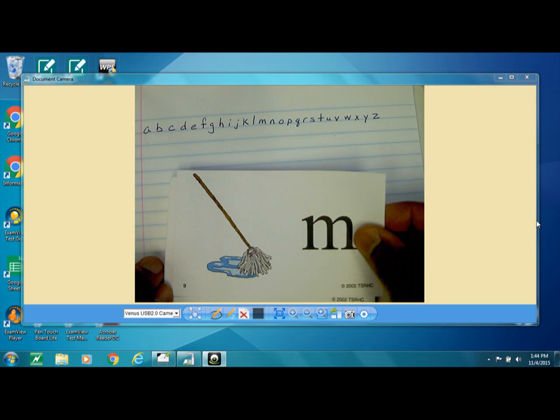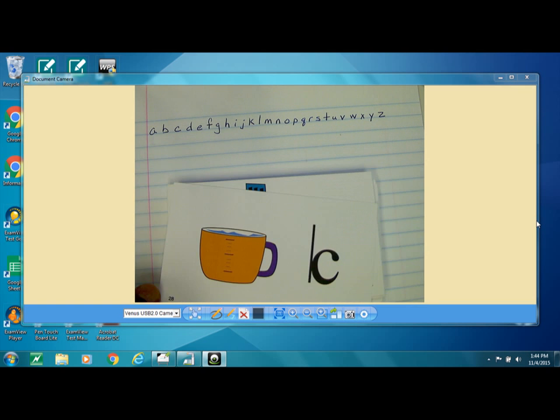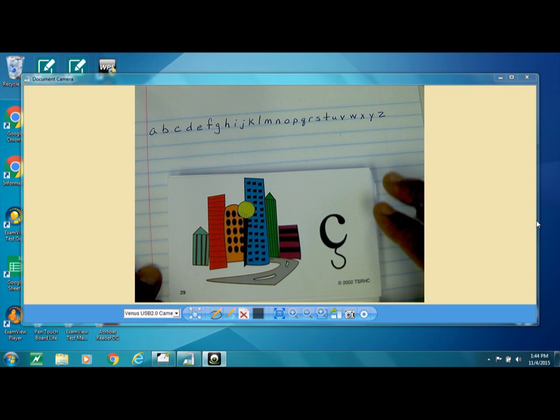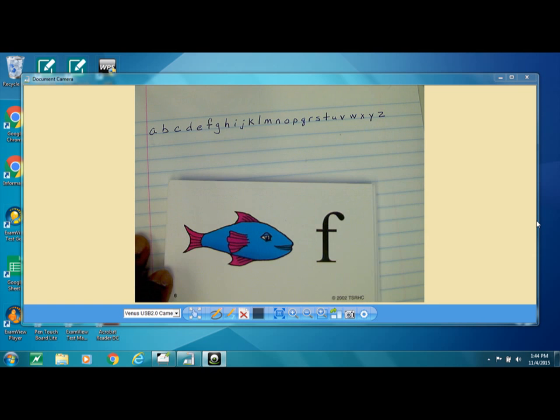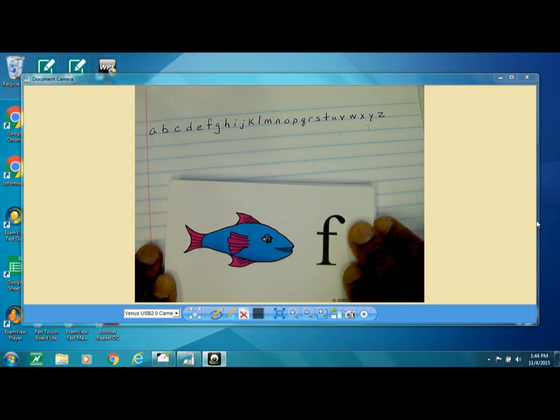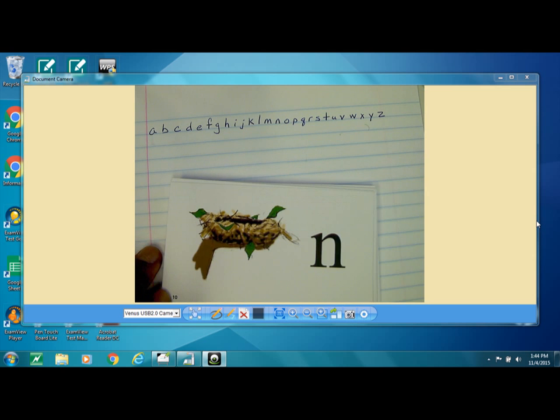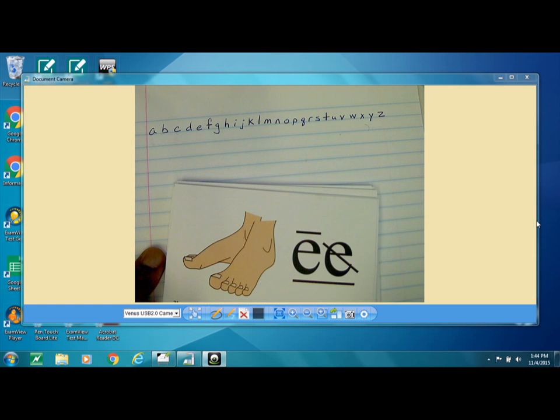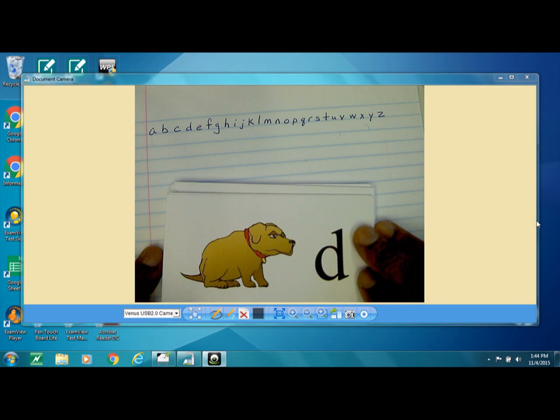Mop, match, ch, cup, k, city, s, wagon, w, fish, jar, j, nest, n, sink, ng, feet, e, dog, d,